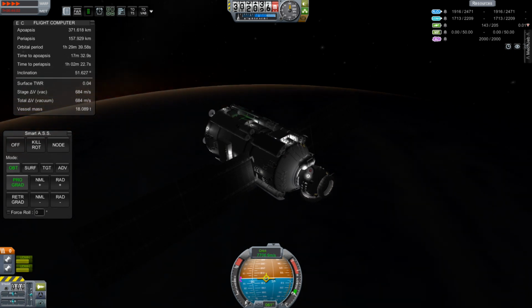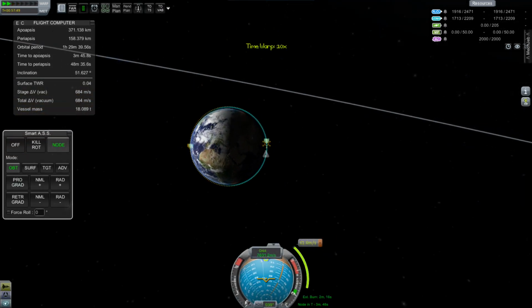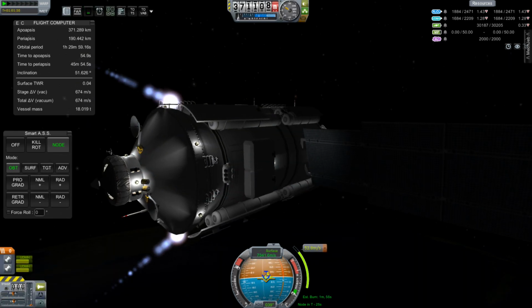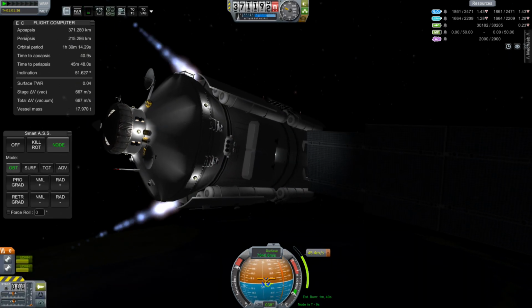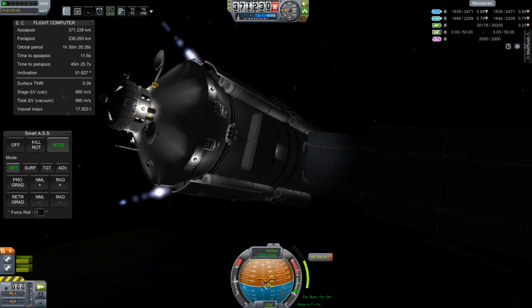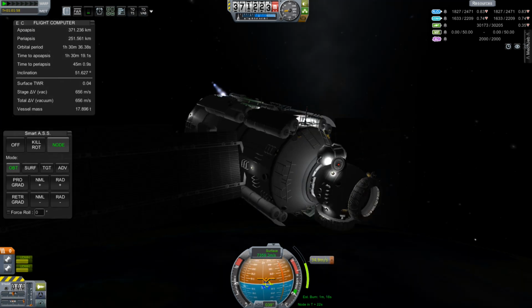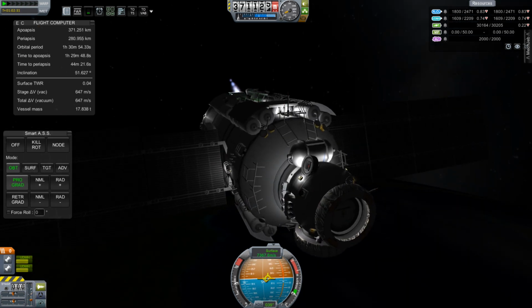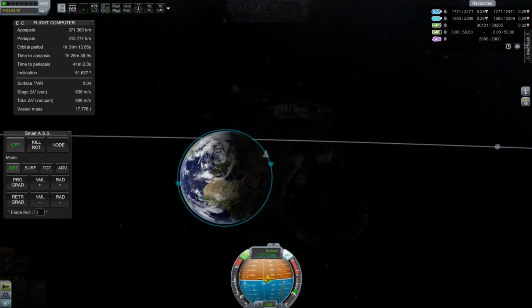Alrighty, Kerbonauts, that's about going to do it for this very long Real Solar System launch of the Zarya module. We have gotten ourselves into orbit. We have a very nice apoapsis and periapsis. It's a pretty good orbit to cut it off here and say, this has been Kerbal Space Program, Real Solar